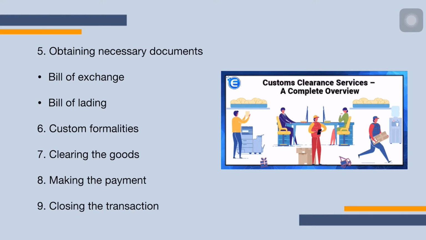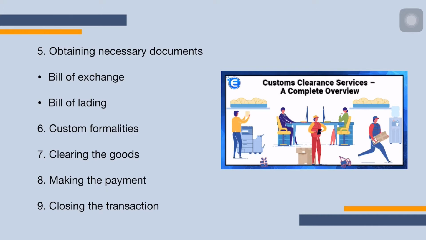Now you know what a bill of lading is. We just discussed it in the export trade, correct? The bill of lading is issued by the shipping company or the port authority. Basically they are acknowledging that the goods have been received on board as cargo for shipment. Then we have customs formalities and clearing of goods.